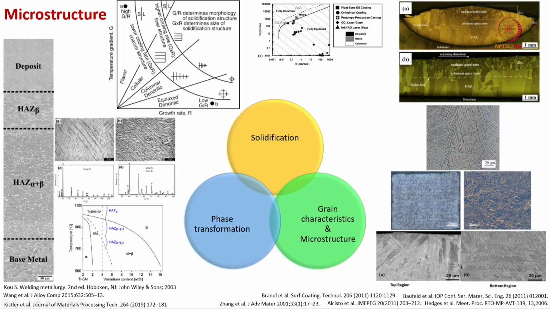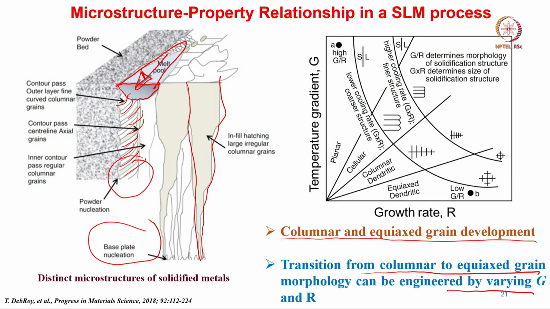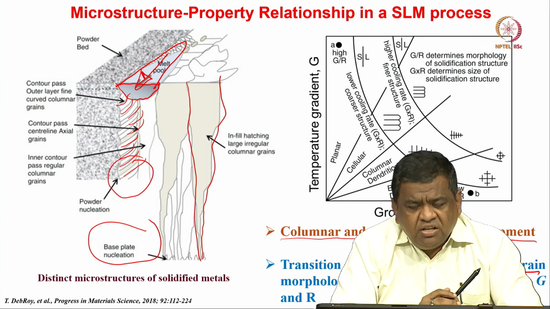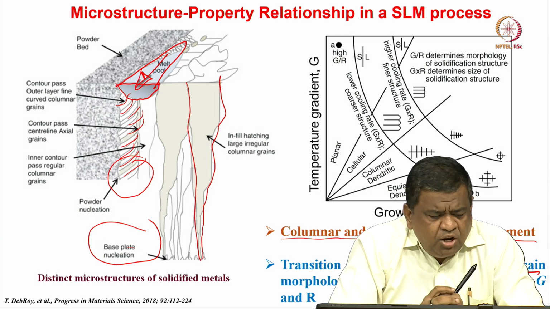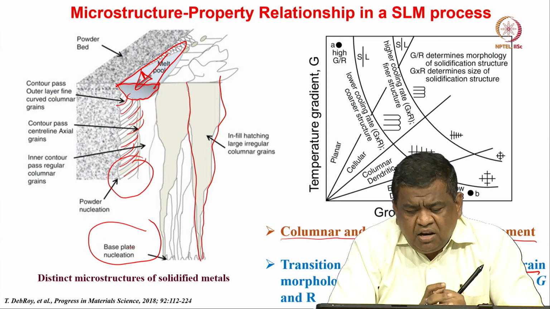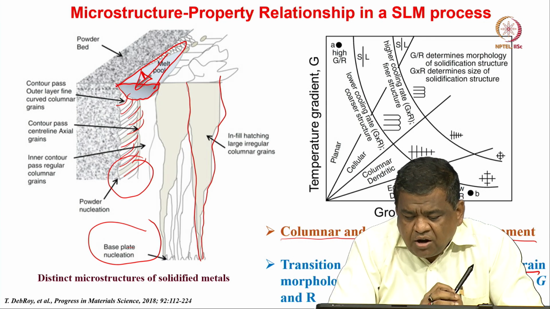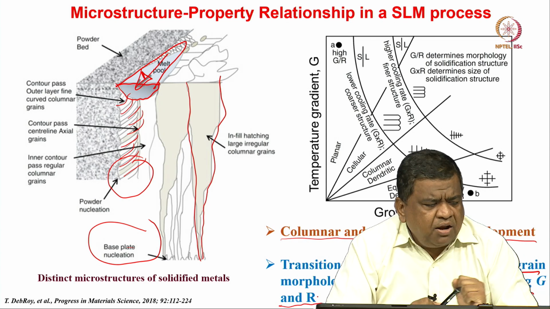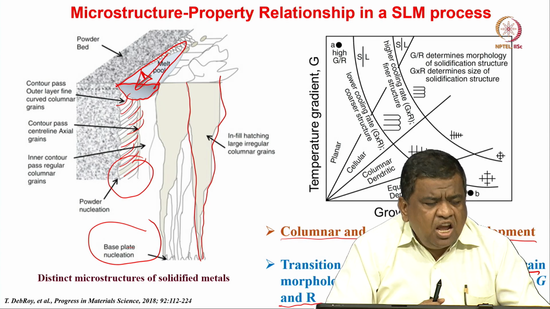So, you understood the two important parameters here. Again, I must remind you that this is not a course on metallurgy or material science, this is a course on additive manufacturing. Therefore, I am not getting into too much detail on microstructure development, which requires in-depth understanding of phase equilibria and phase transformation, but I am trying to explain in a manner most relevant from the additive manufacturing standpoint, so you know why equiax microstructure and columnar microstructure develop as a function of G and R.